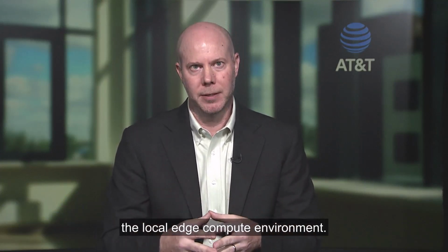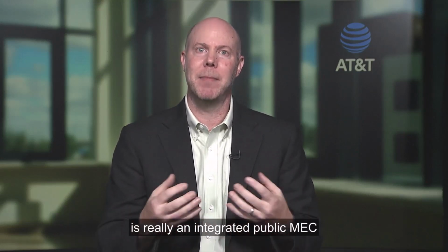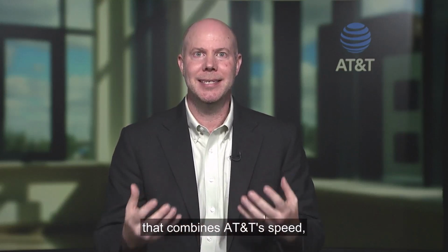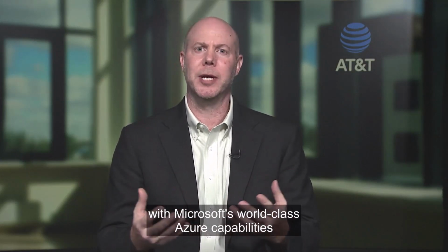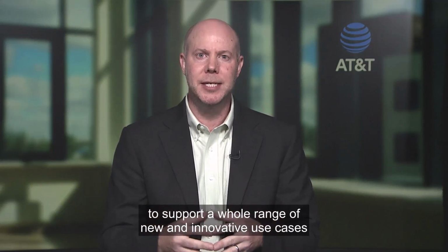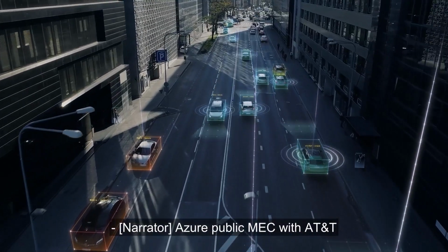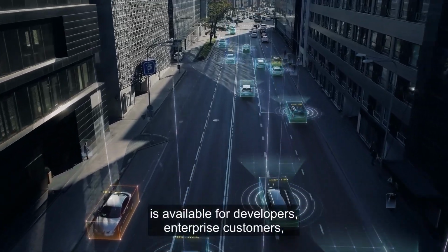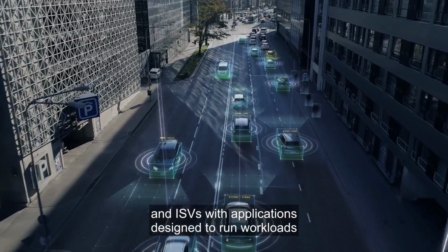compute environment. So the beauty of this solution is really an integrated public MEC that combines AT&T's speed and security in our 5G mobility network with Microsoft's world-class Azure capabilities to support a whole range of new and innovative use cases that require low latency at the edge. Azure Public MEC with AT&T is available for developers, enterprise customers, and ISVs with applications designed to run workloads that